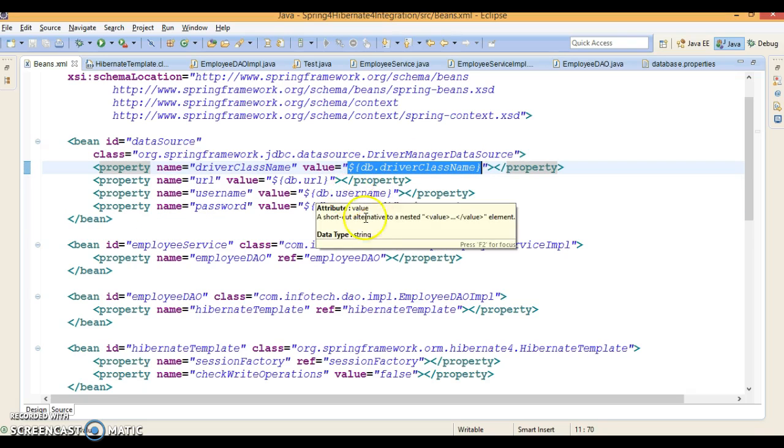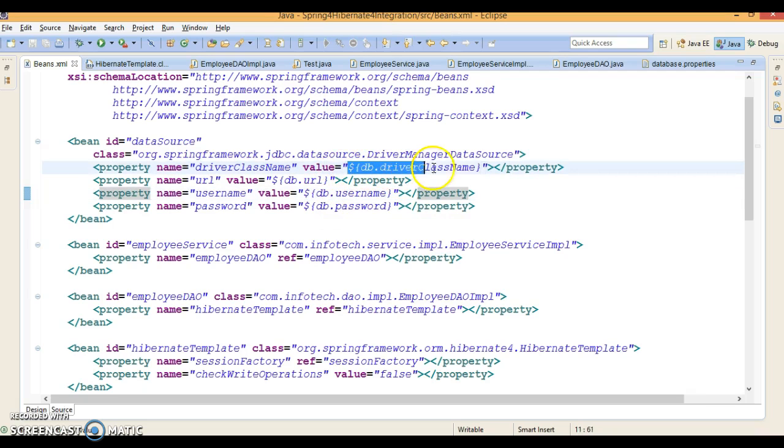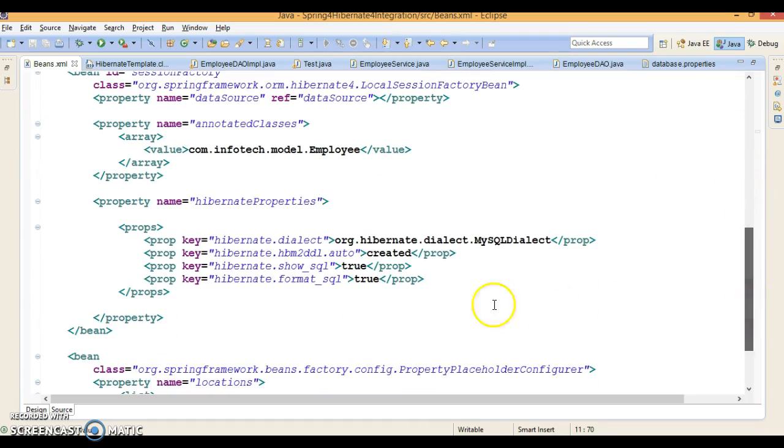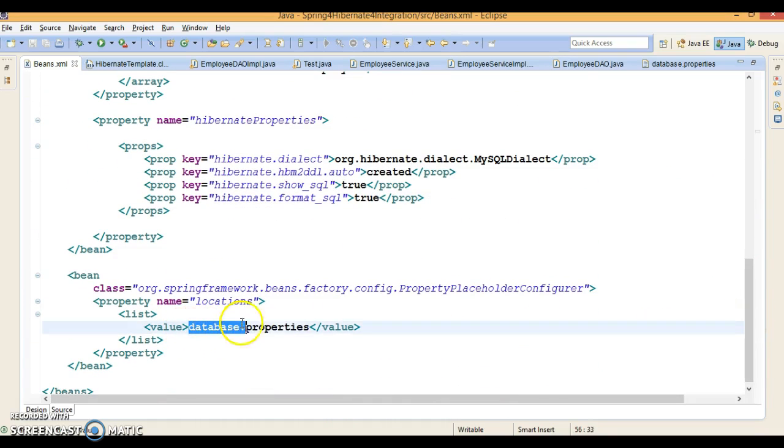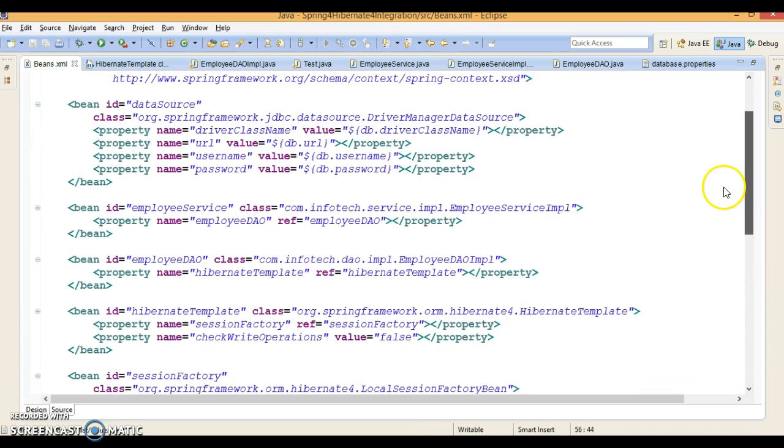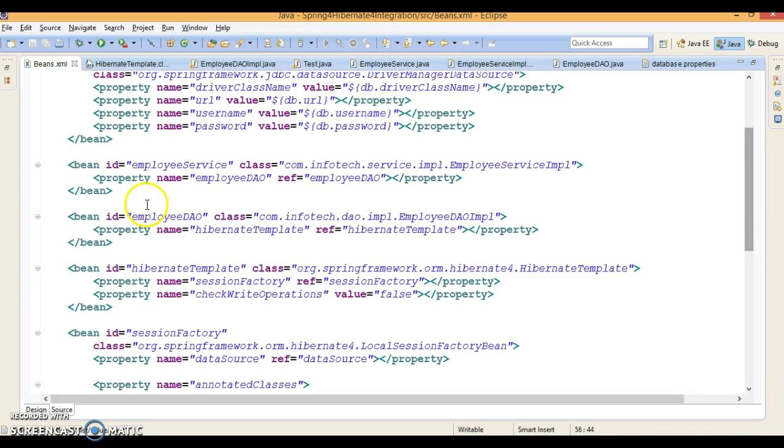To make this retrieval work, I have configured one extra bean called PropertyPlaceholderConfigurer, and there I have specified the property file name where I have kept my key value pairs, the database properties.